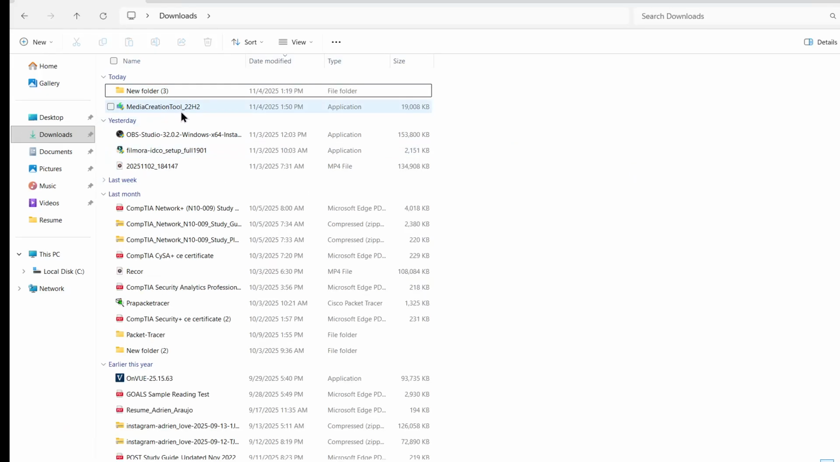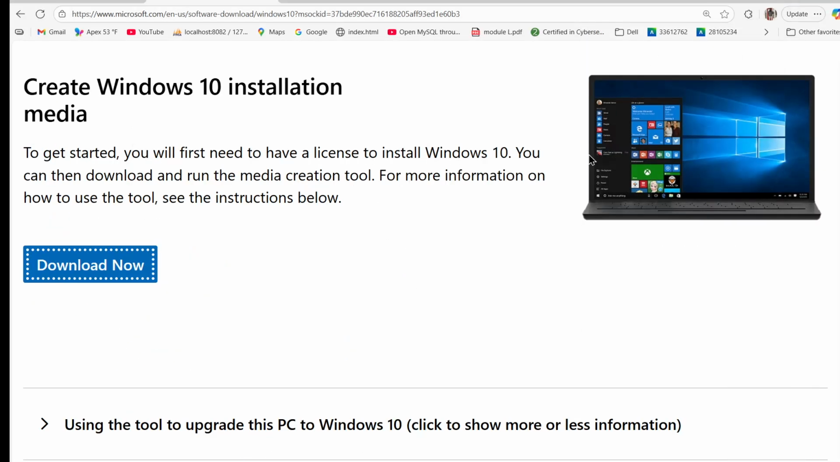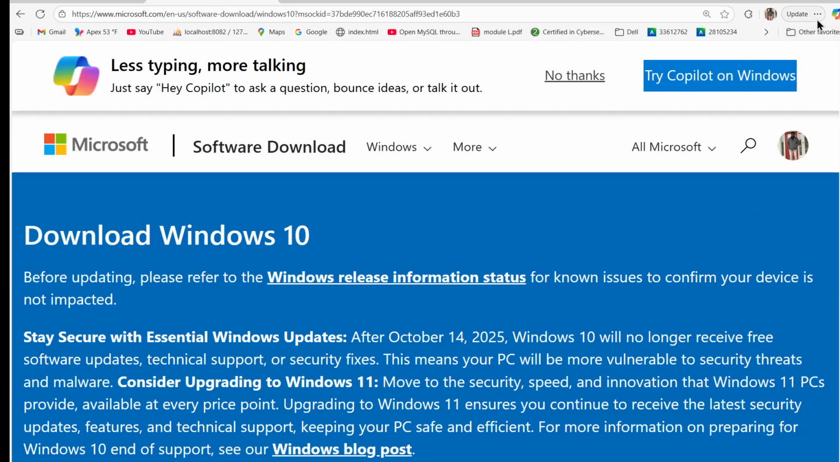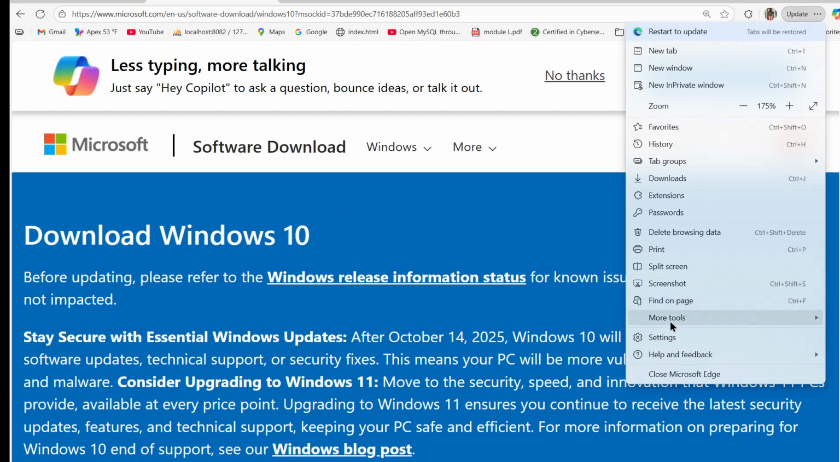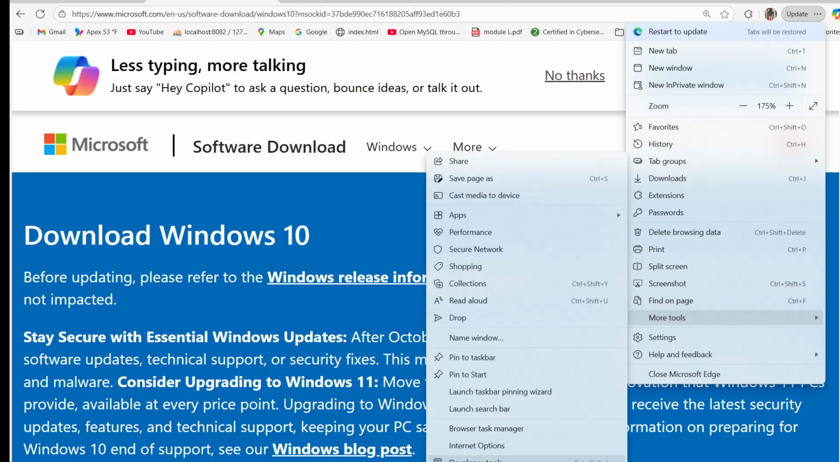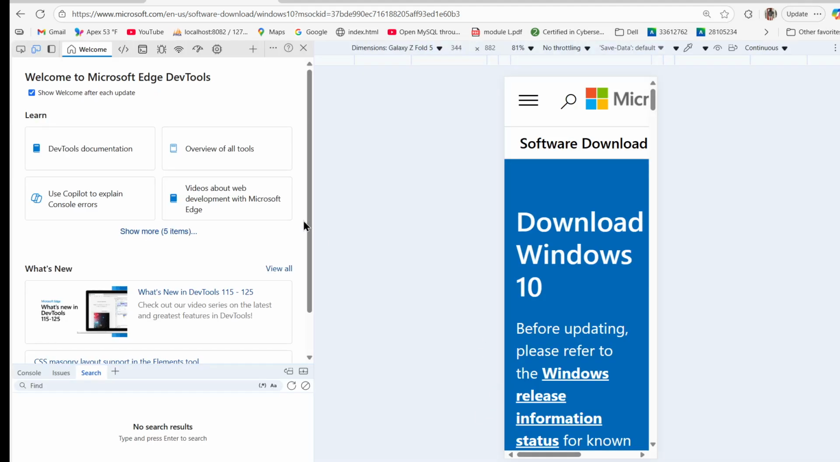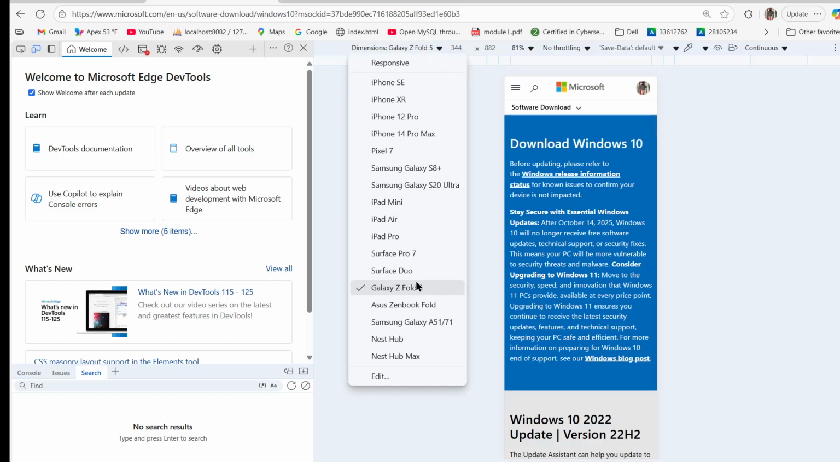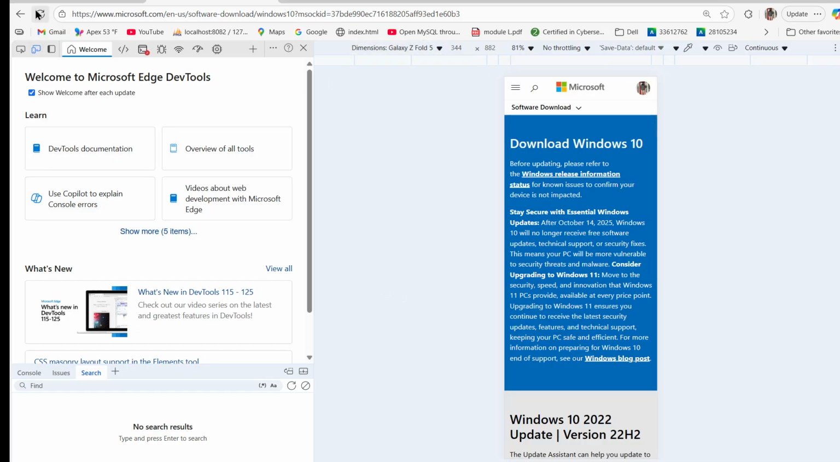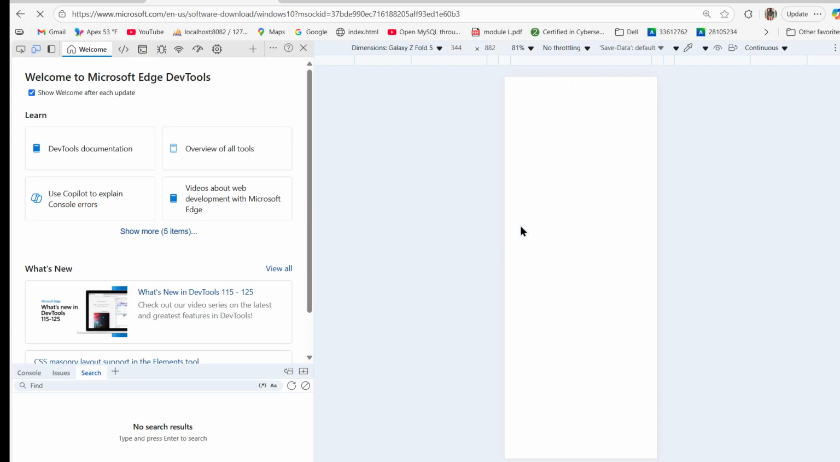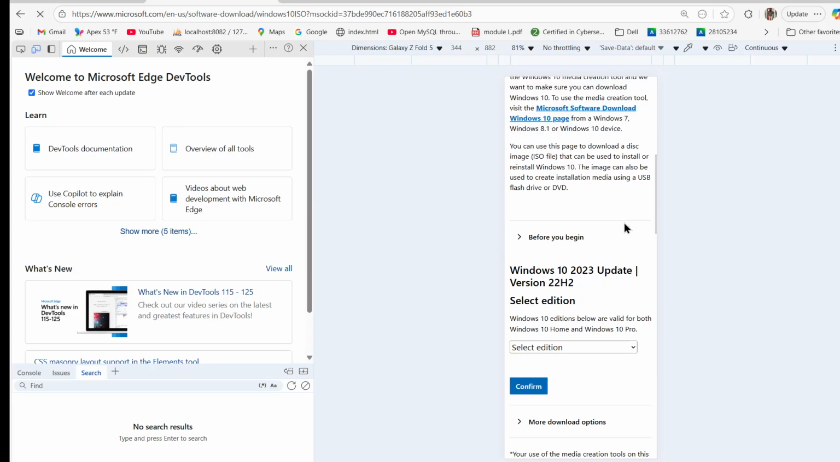See, that's not what we want. I want to show you how to download it. We're gonna go back here, the three dots, more tools, and developer tools. We wanna select here, refresh the page. We're gonna go down, gonna select Windows 10, confirm,